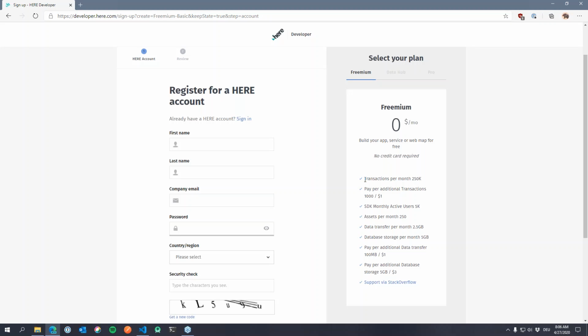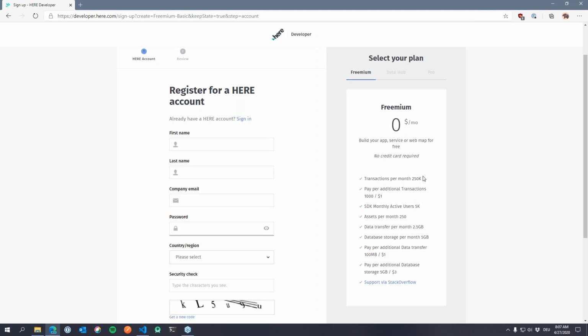But if you build something at the hackathon, for example, where you feel like, hey, this is actually my new startup idea, or this is a great free public service I want to offer to people, that's cool too. So the 250,000 transactions are not just for evaluation purposes or hackathon purposes. If you have a business that requires less than 250,000 transactions every month, we're totally cool with that. You can completely run that